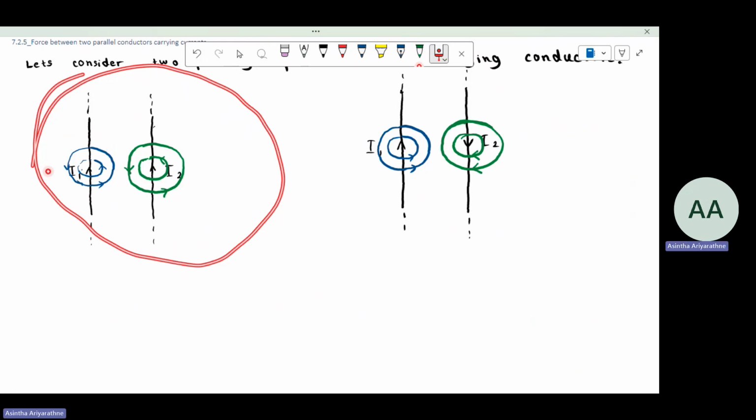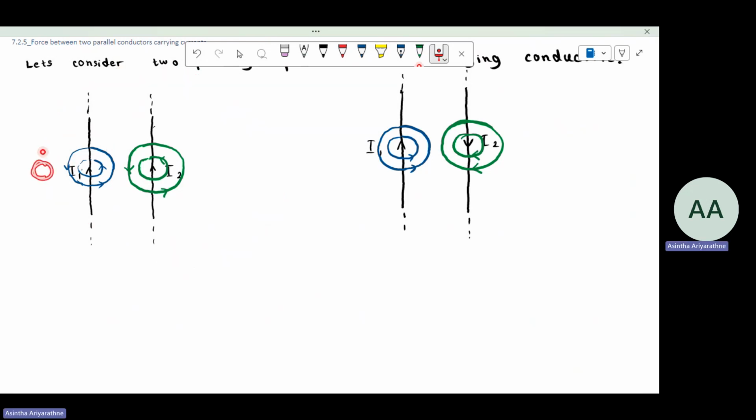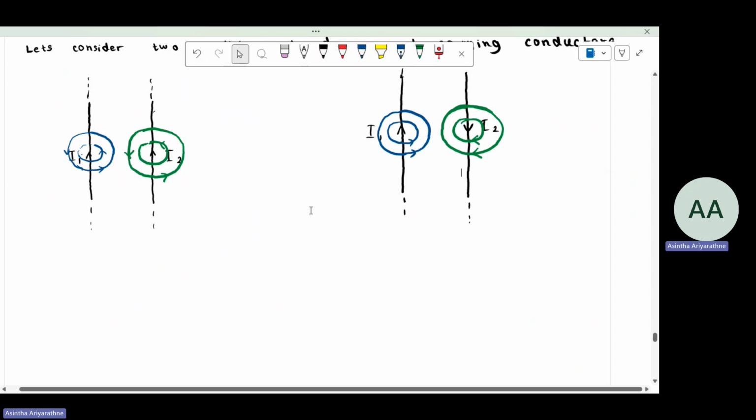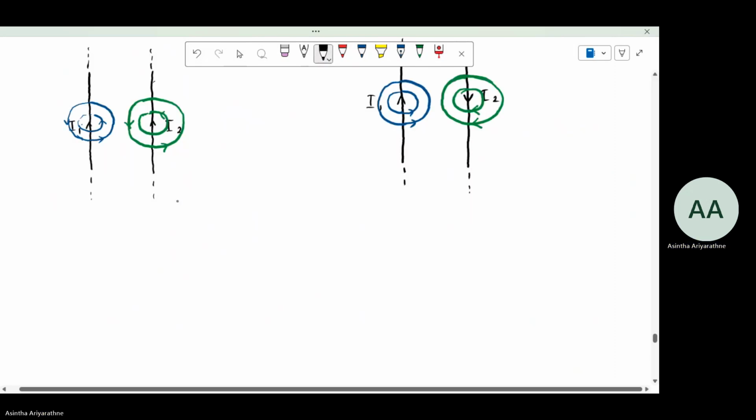So you can see, if we consider this region, there are blue lines coming downward as well as green lines coming downward. So the magnetic field would be added up here. Here also blue lines going upward and green lines going upward, so the magnetic field would be added up there as well. So if we draw the resultant magnetic field,